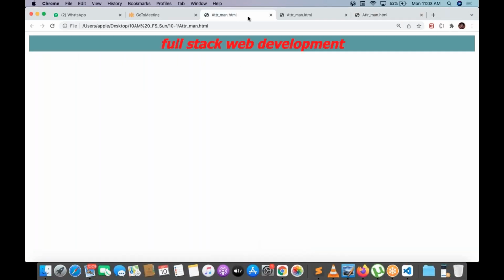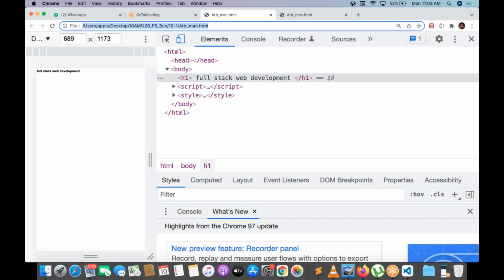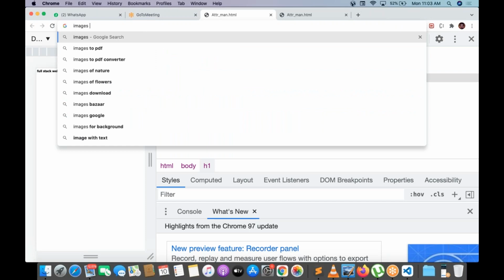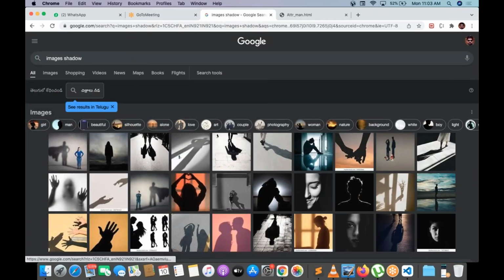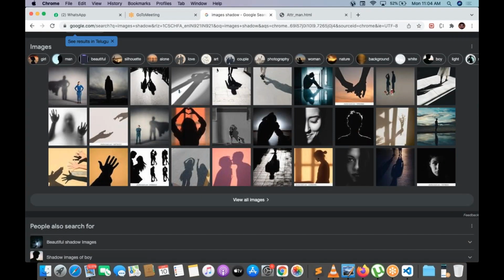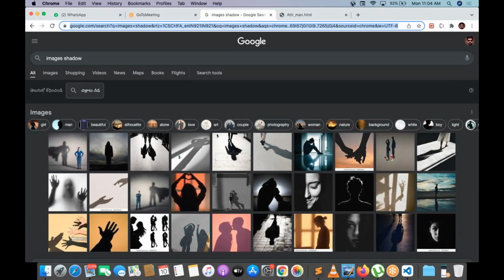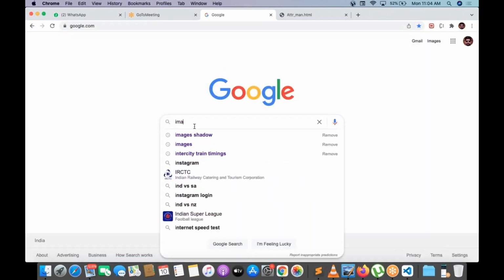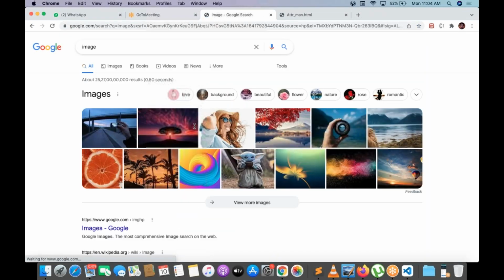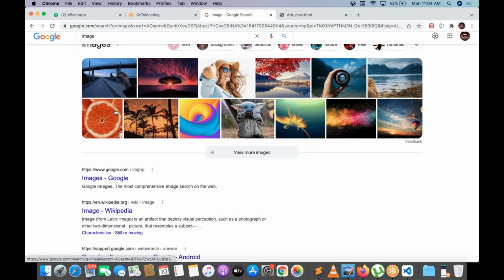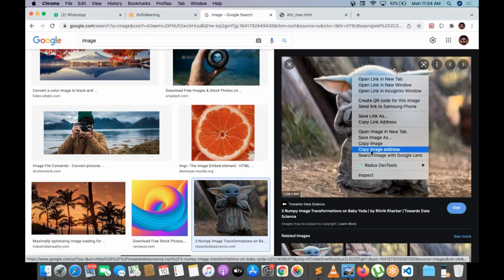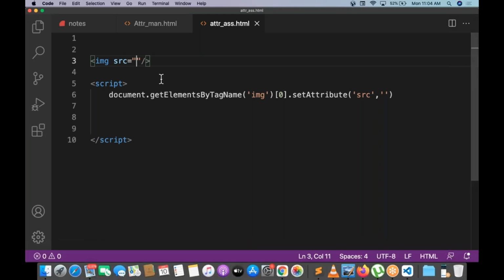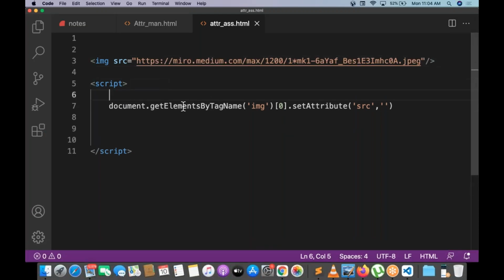Okay, let me take different kinds of images. Copy image address and place it here.